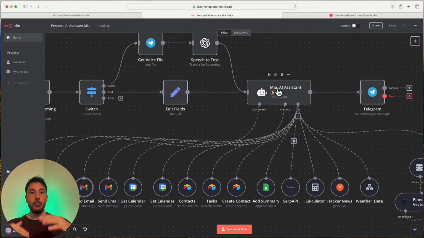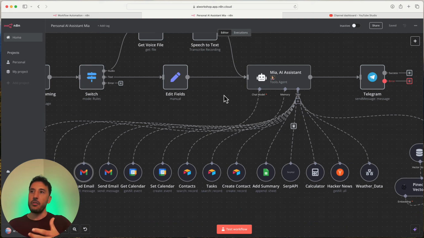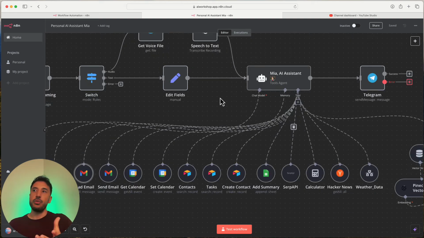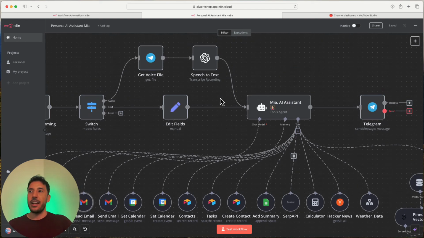Then we have a bunch of agents connected to each other with one master agent, and that master agent can decide based on the user query which agent to call on for what purpose. So like I said, this is very, very powerful, and this is hands down the most useful AI agent in this instance of LangChain that is integrated with N8N.